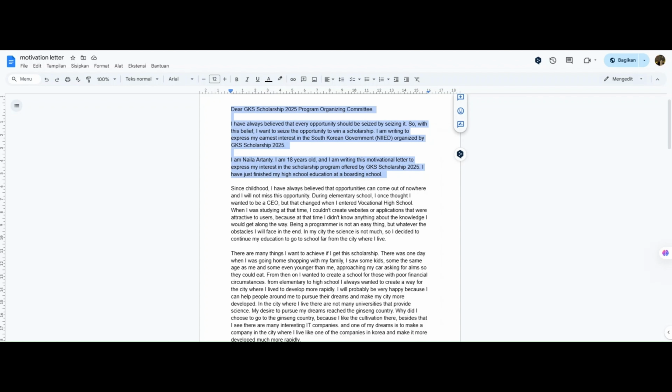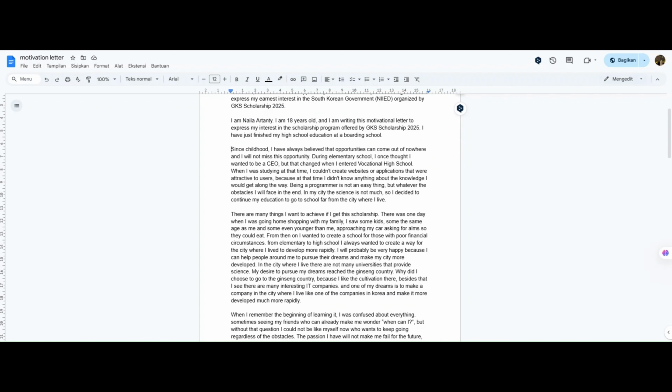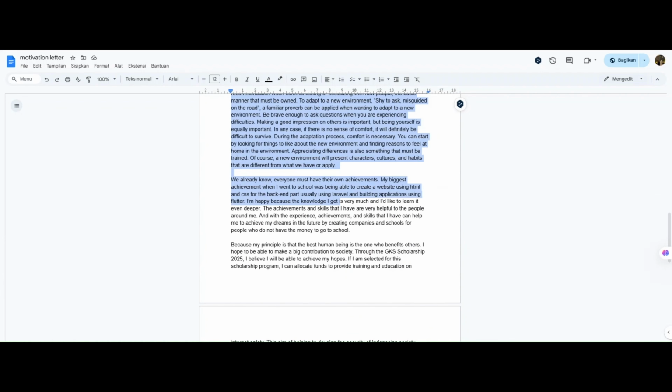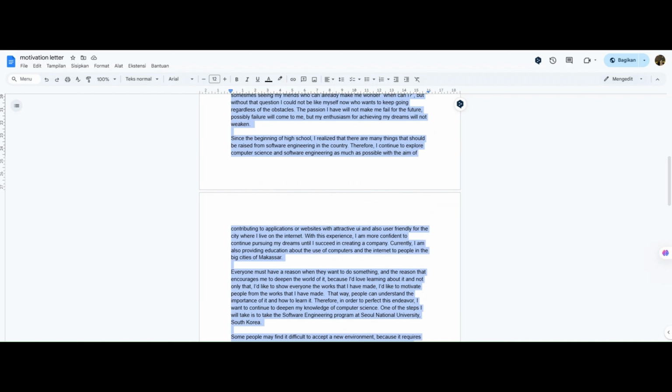And also, from here until here is the body. This section explains the reason for choosing the field of study, experience, achievements, and future goals.